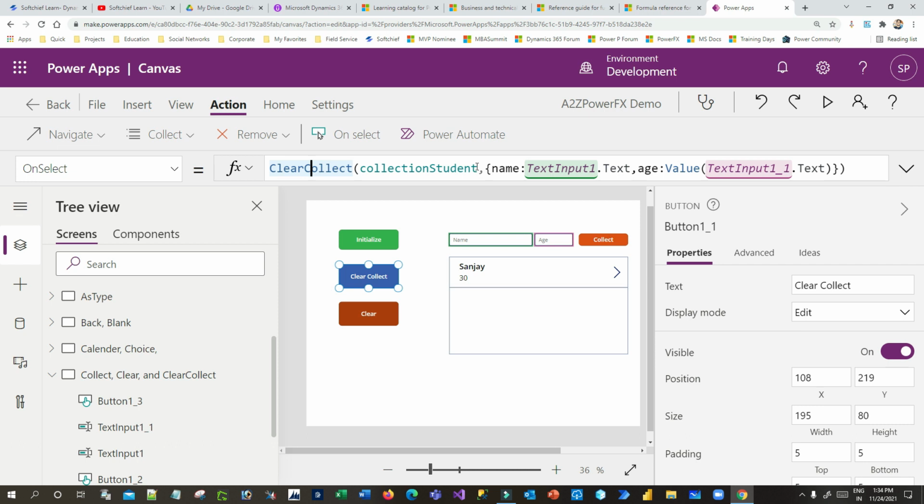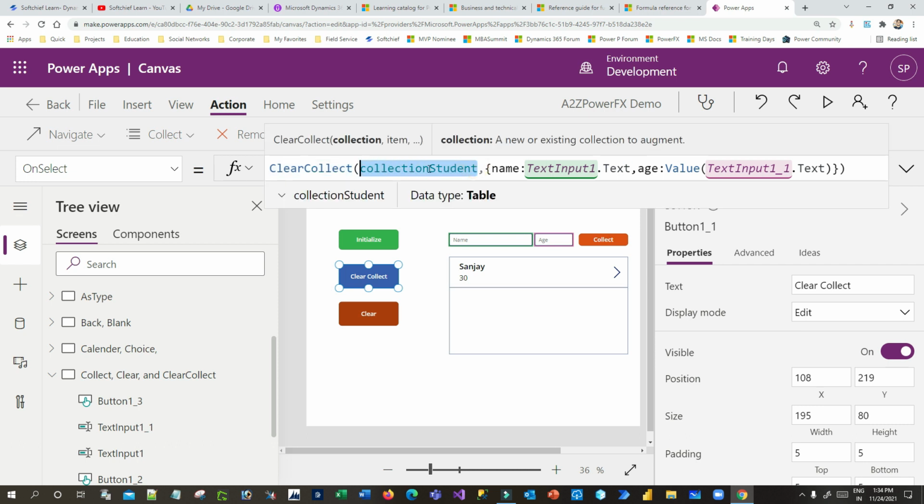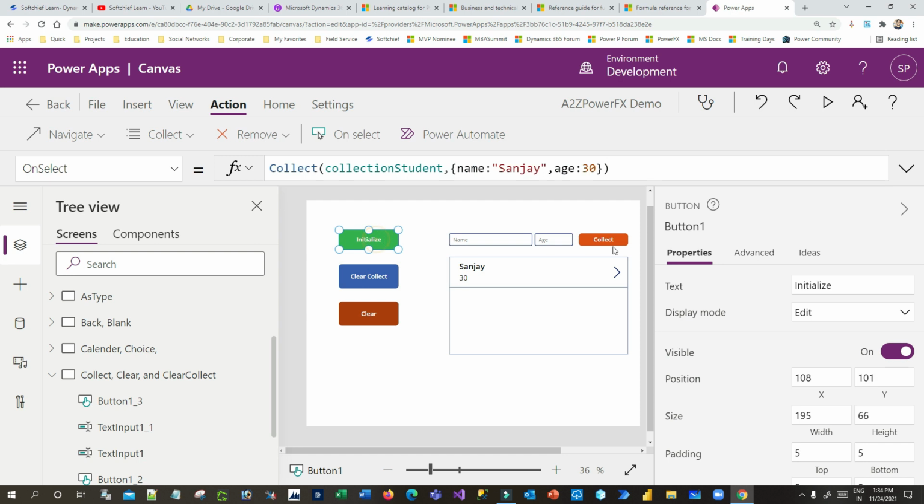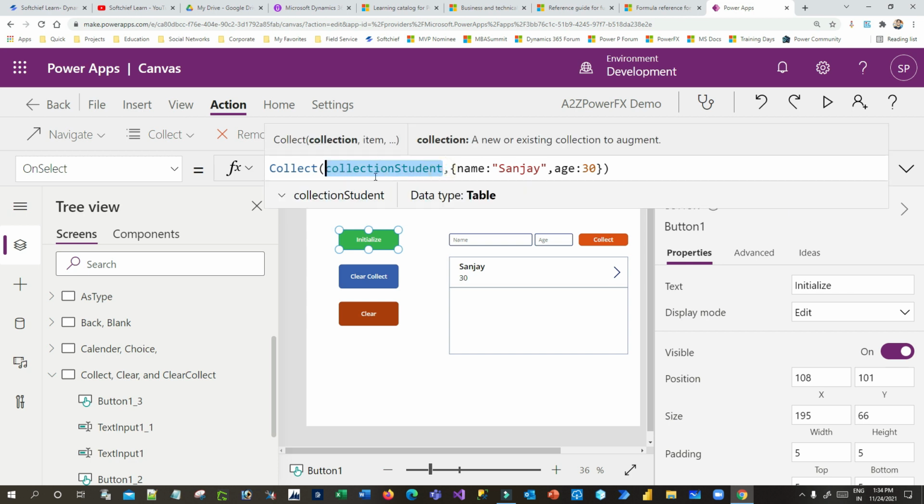For example, if you have added some items in the collectionStudent variable using the Collect function, and then click a button using ClearCollect instead of Collect, any item that is already in this variable will be deleted and new items will be added. I will show you the demo.